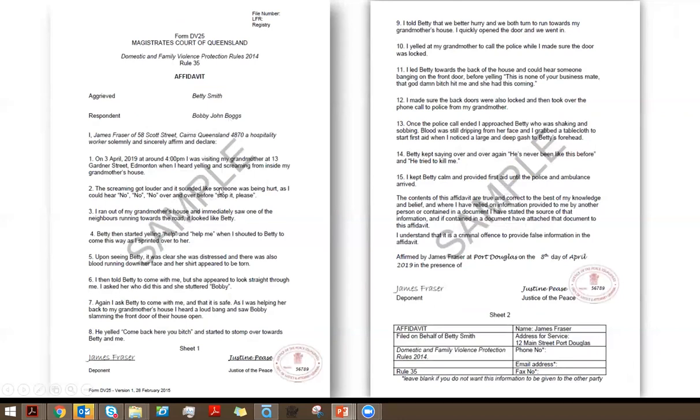Now, however, James Fraser is making the affidavit. So you want to make sure that James Fraser is in front of you and not Betty Smith. Okay, so James is making this statement, and then again it's a multiple page document, and you would ask James to sign, and we can see our JP has signed this page as well, and if it's not been numbered, you would ask them to number it.